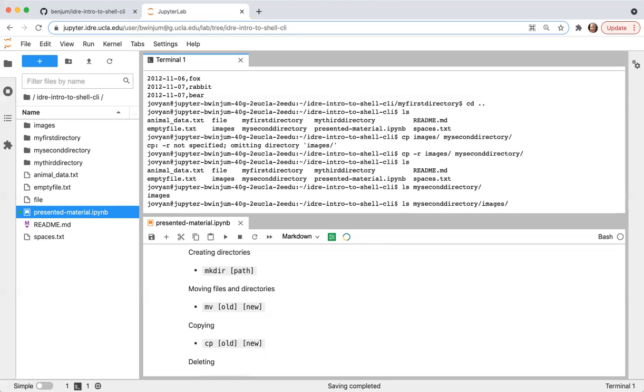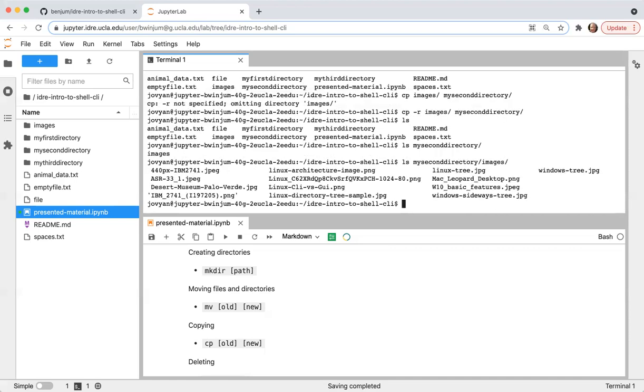And if I look further at images, the images have also been copied in there. So the -r is useful for recursively copying a folder. It copies the directory itself as well as any subdirectories and files within all of those subdirectories. It copies it as an entire file object into wherever you're trying to move it.